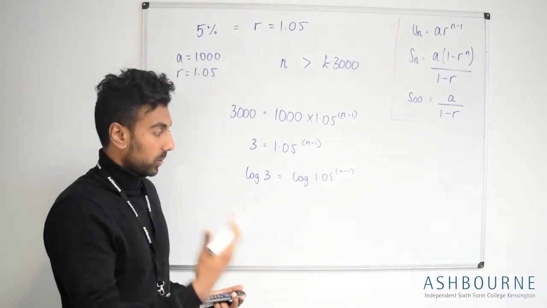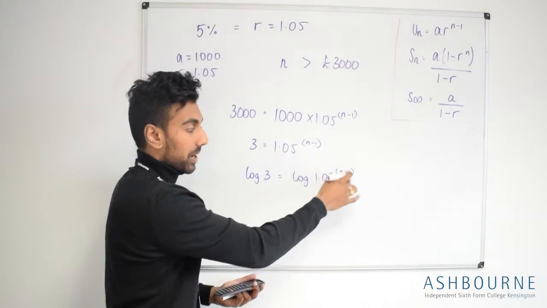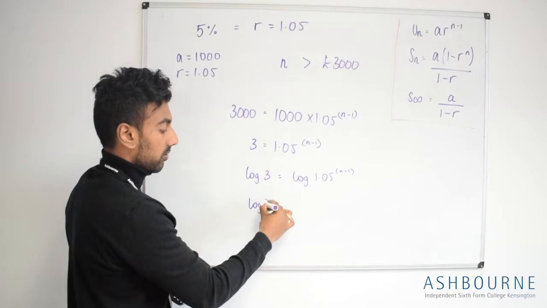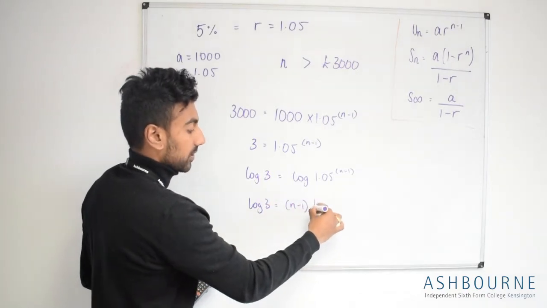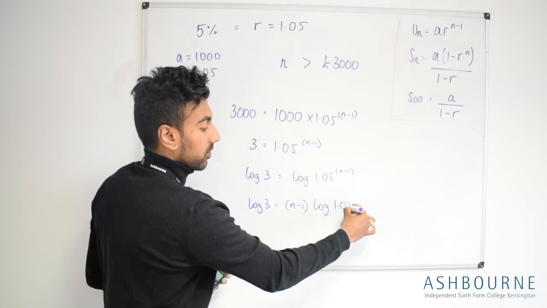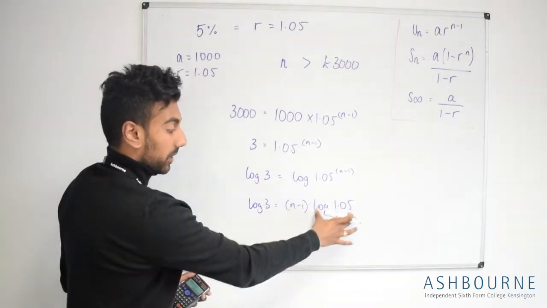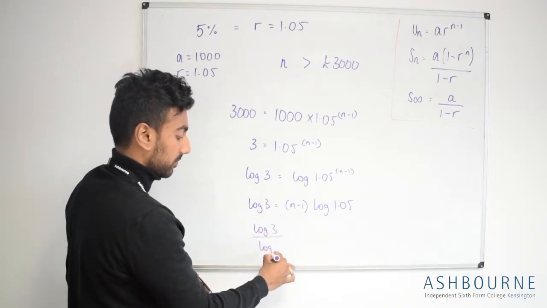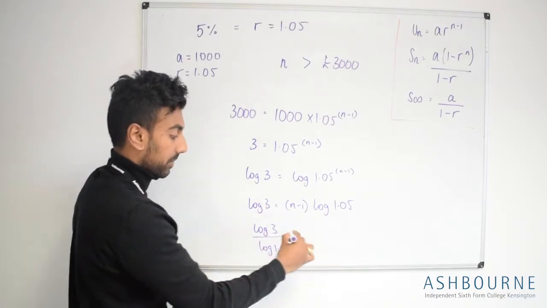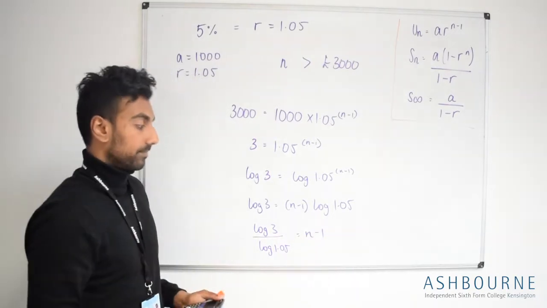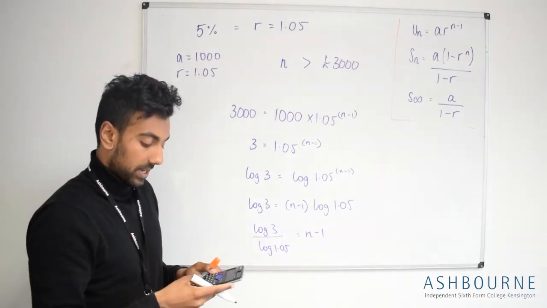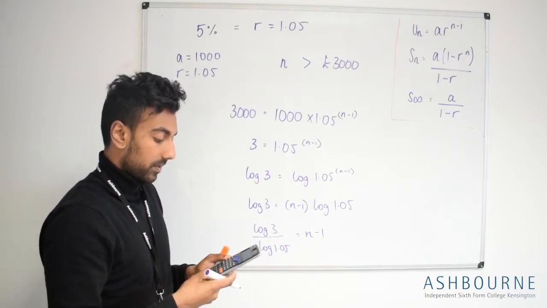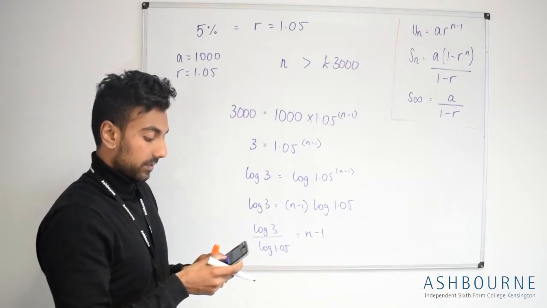And think about your log laws now. What can I do with this power? I can move it to the front. So log 3 will equal n minus 1 times log 1.05. Now I can divide, because log 1.05 is just a number. All of this is to the base 10, remember. That will equal n minus 1. So if I put that in my calculator again, I've got log 3 over log 1.05, and it gives me